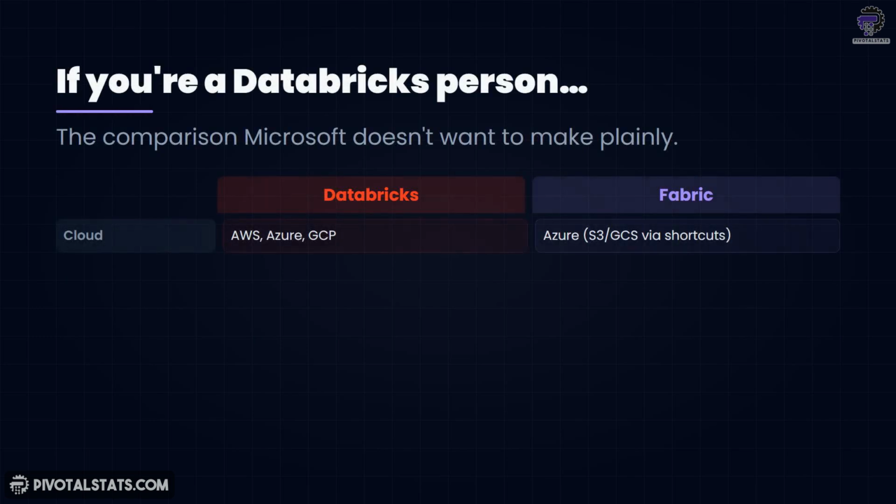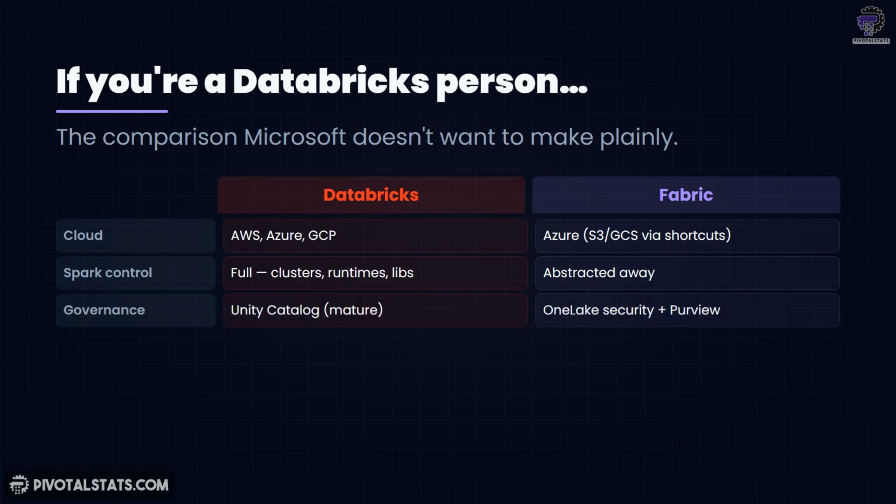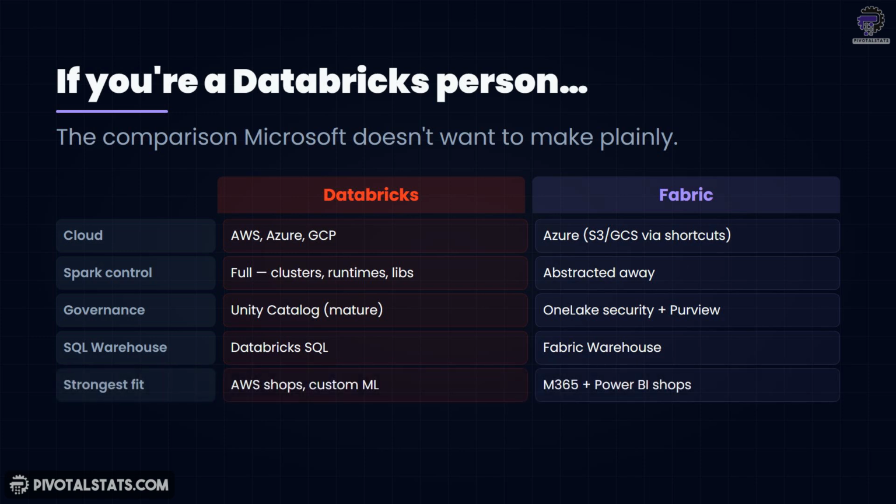Okay, so now this is the comparison Microsoft does not want to talk about plainly, so let me. Both Fabric and Databricks are lakehouse architectures. Both use Delta Lake. Both have notebooks, SQL warehouses, and ML tooling. Architecturally, they are more similar than they are different. The difference that actually matters is Databricks is multi-cloud, which means AWS, Azure, GCP. Fabric runs on Azure infrastructure, but OneLake shortcuts can read from S3 and GCS, which softens that constraint somewhat for